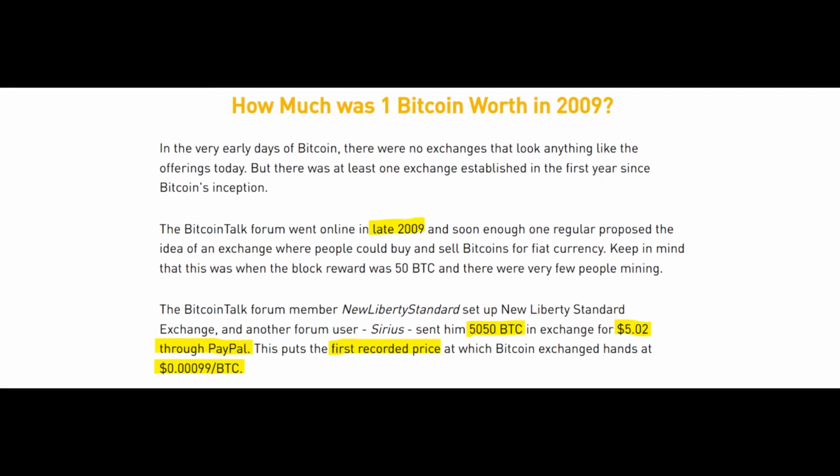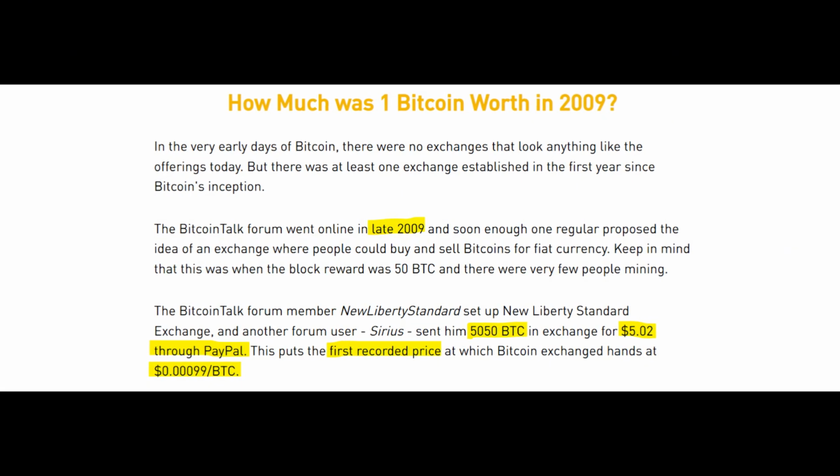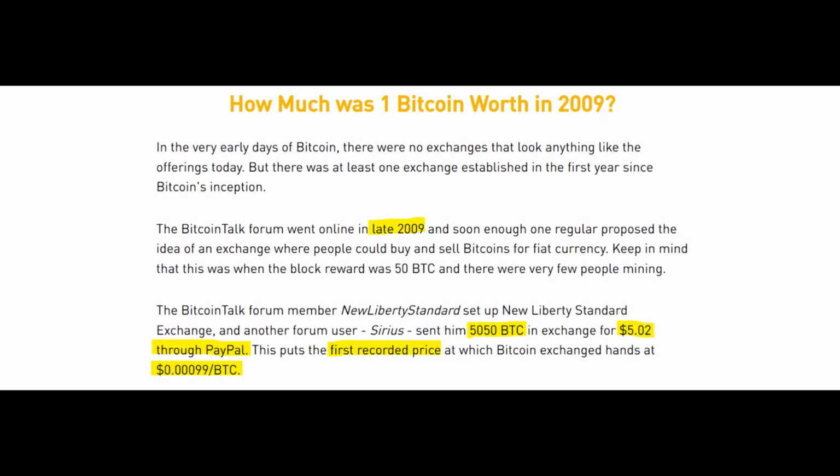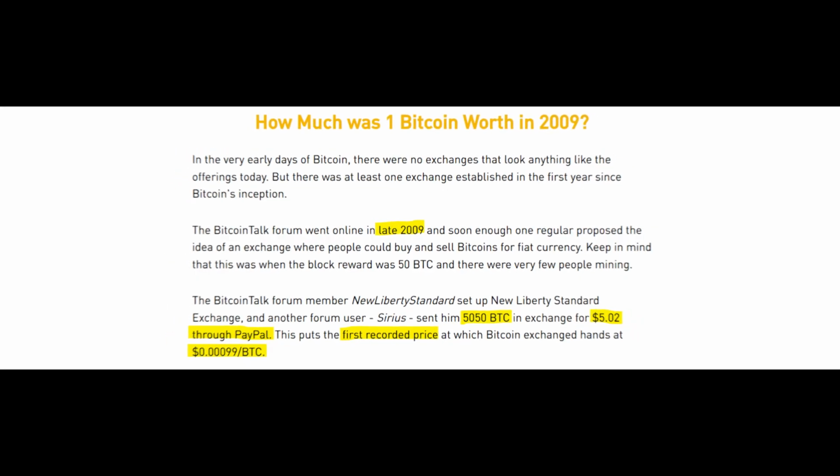We gave Bitcoin intrinsic value. We gave Bitcoin value the moment the very first transaction was made back in 2009. An early adopter in one of those back-in-the-day forums that were all about Bitcoin sold about 5,000 Bitcoin at a value of, this is freaking crazy and may bring you to tears, 5,000 Bitcoin for $5.